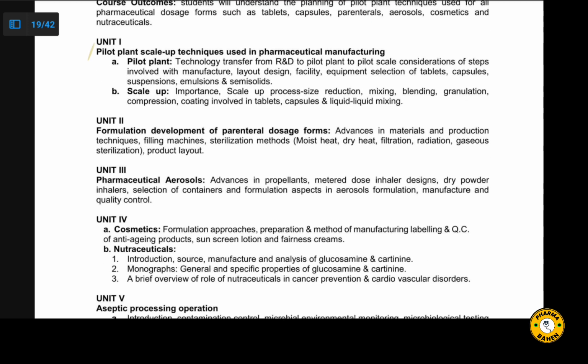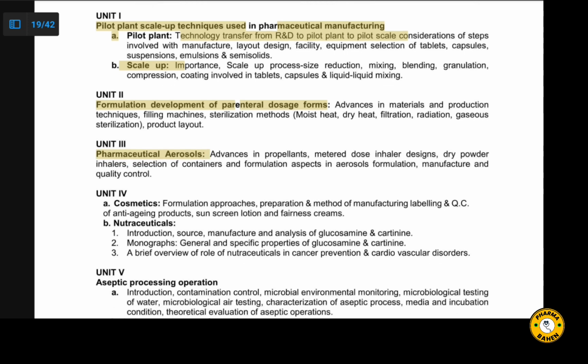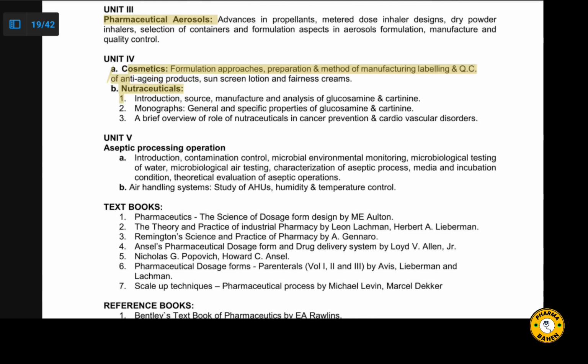In this we have pilot plant scale up techniques used in pharmaceutical manufacturing, pilot plant and scale up, formulation development of parenteral dosage forms, pharmaceutical aerosols, cosmetics, nutraceuticals, aseptic process operations. And then we have